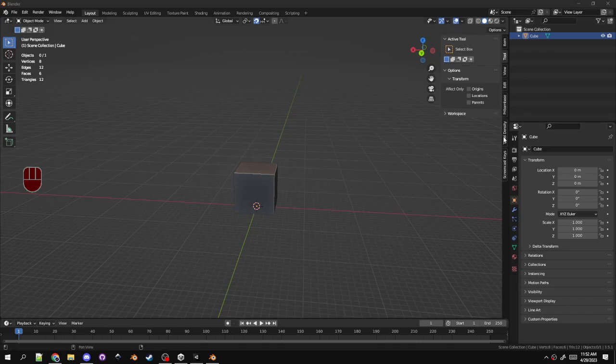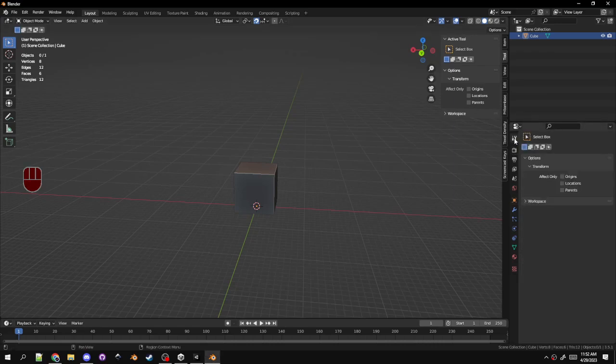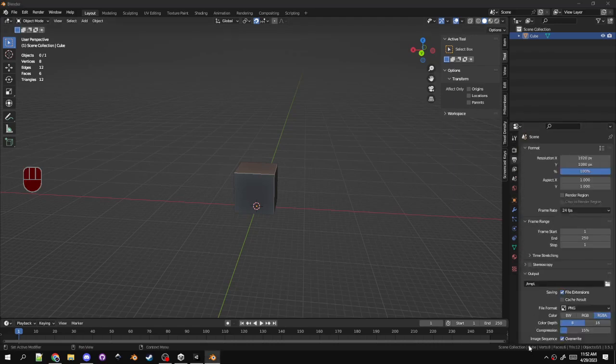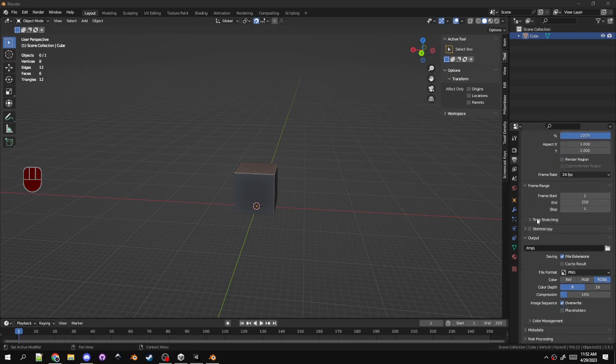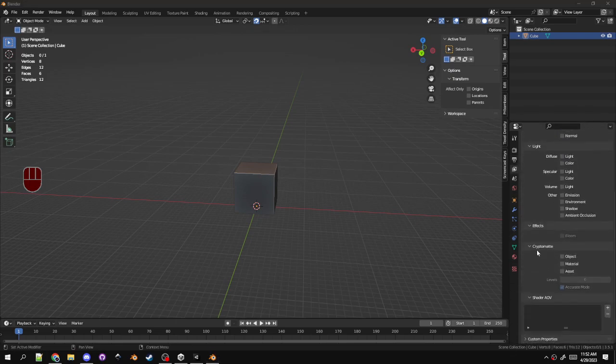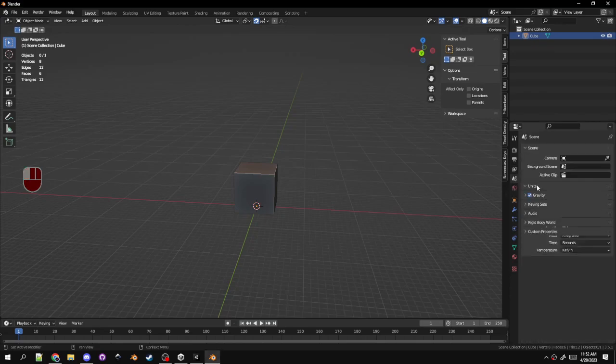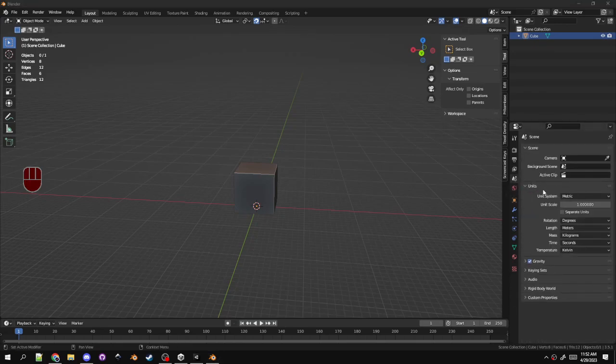So in the settings here, there is a scale setting. Let me find it. Units, yeah, units. So back in Blender, there's a bunch of tabs here. You want to click the shape one. There's a unit system. You want to change that to metric, and the unit scale should be 1. That makes sense. And then your degrees of rotation are going to be degrees, length in meters, mass in kilograms,